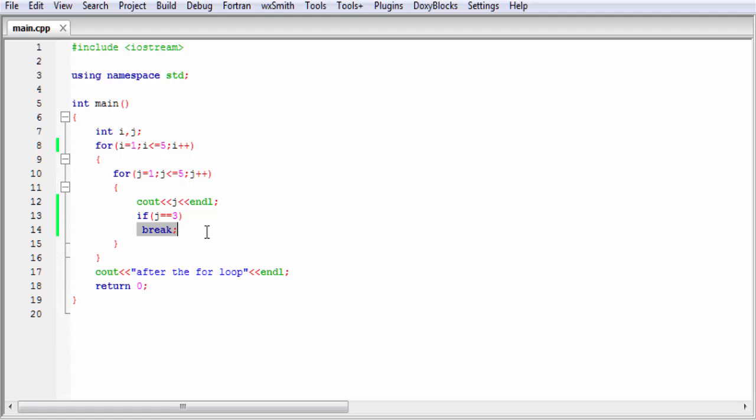The statement after the inner for loop is this outer for loop. Now the value of i is 2 and this loop will execute again. So it prints 1 2 3 again and this procedure will continue. So we can say when we use a break statement in a nested loop, only the loop where the break statement is present will be terminated and the other loop will not be affected.